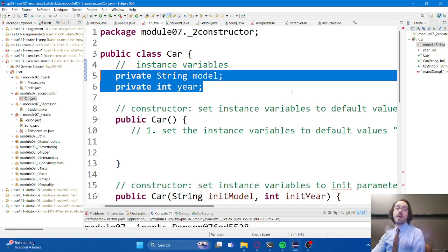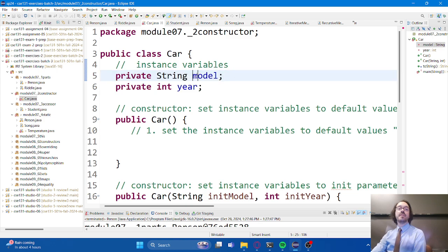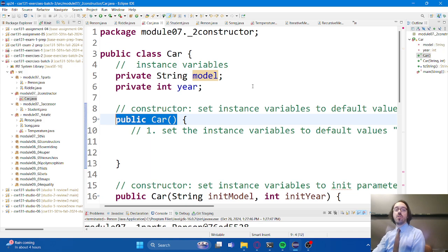So there are a couple of different ways you can do that. One way is to just say I want this to be equal to some default value, some set value, some constant value, which means that anytime we construct a car, it would use that default value. In fact, this is what's called the default constructor. A constructor with no parameters in it is called the default constructor. And typically the instance variables will be given some default values.